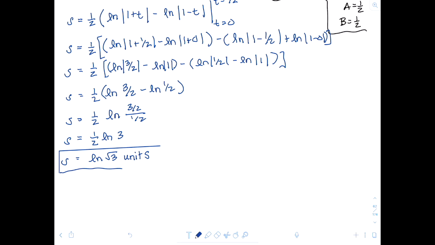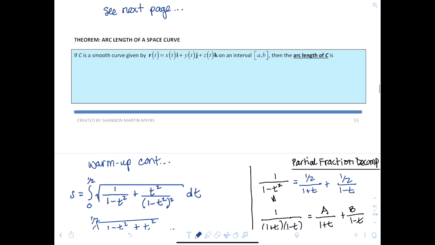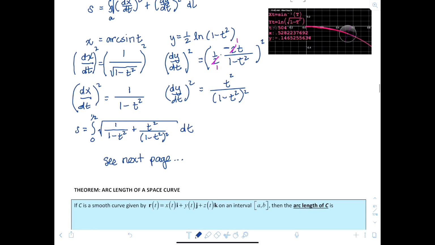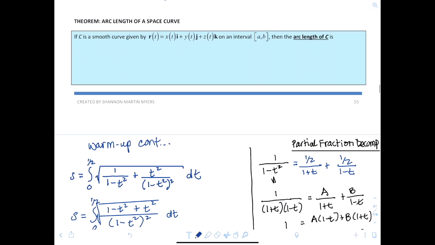Now, of course, we are going to be extending this to space curves. That one was a curve in the plane, as we saw, but we want to take a look at space curves. So the arc length of a space curve: if C is a smooth curve given by r(t) = x(t)i + y(t)j + z(t)k on an interval from a to b inclusive, then the arc length of C